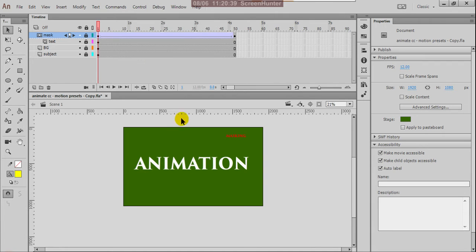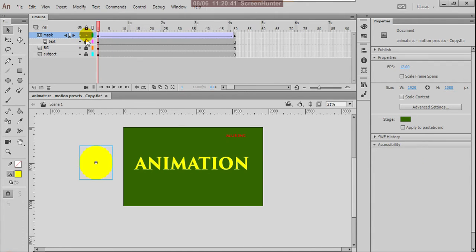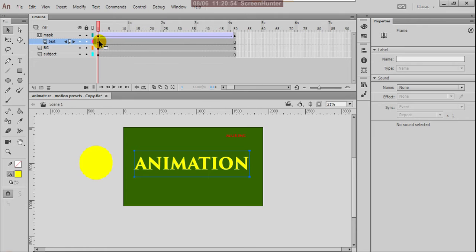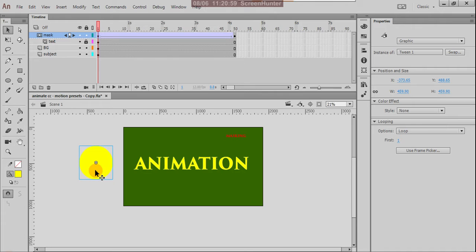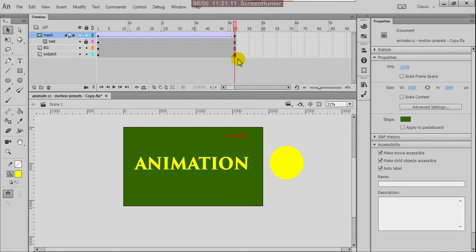So if you want to edit anything, you have to unlock first, and then you have to give the mask again. Suppose you want to give any effects or colors, they cannot affect that mask. Suppose it is moving from one side to another side.